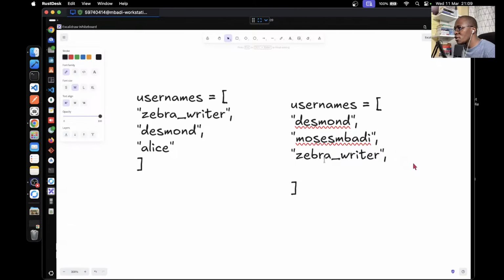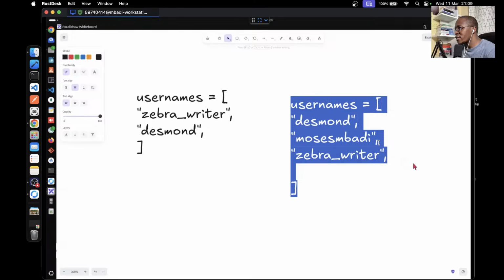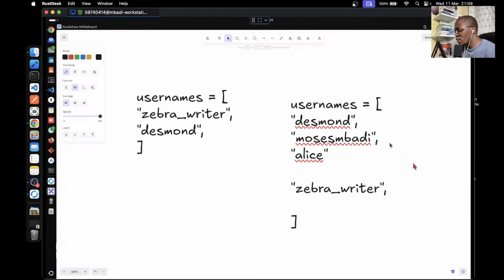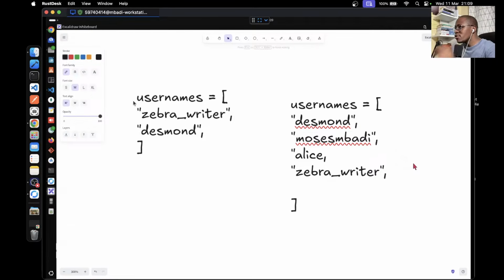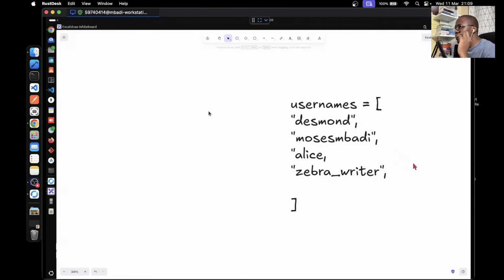And then we proceed. Z now is at index 0, 1, 2, at index 2. We compare it with whatever is below it, and whatever is below it is Alice. Which one comes first? Alice comes first. So we get Alice, we put her at the top of Zebra. Okay? And then that logic continues until the list is now ordered.